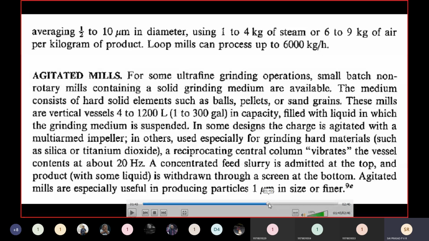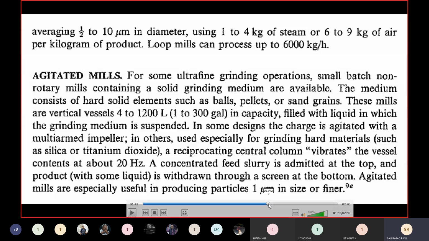So what is the meaning of this entire system? Remember, we are seeing the concept of tumbling mills. If you see the English dictionary, tumbling means adding a solid particle into a container and then shaking it. So here also the same thing. In a ball mill, in a container, we have solid particles which are rotating. In the fluid energy mill, they are also rotating inside a container system.